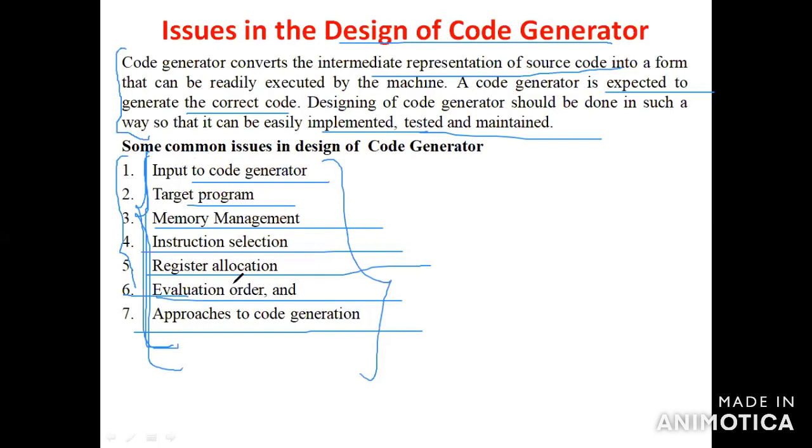What about the first issue? The first issue is input to the code generator. In the code generation phase, what do we do?